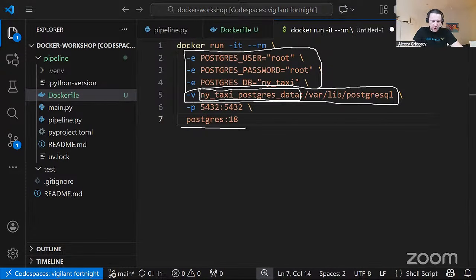So this Docker volume is going to be an internal volume to Docker, so we will not be able to see what is happening inside, which is good, like we will not be able to interfere with the content of these files. They are internal to Postgres. But this line is actually quite important because with it, we can preserve our data. So we can put whatever data we want to our Postgres, and next time we run it, the data will still be there. And then this part here, it says that whatever application is running on this container,